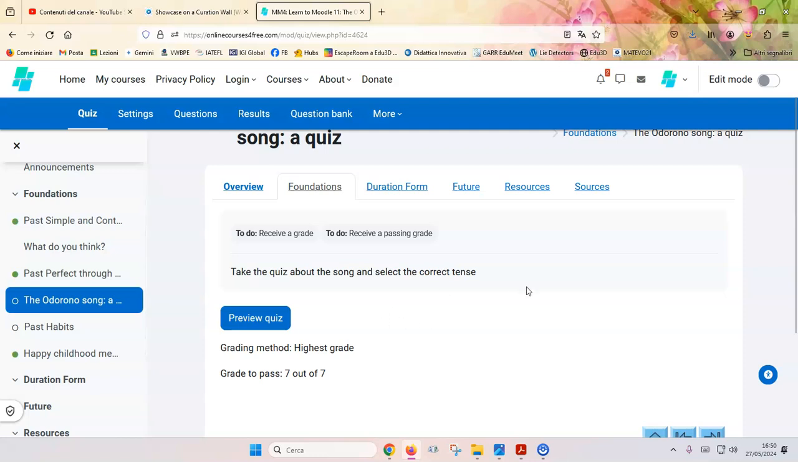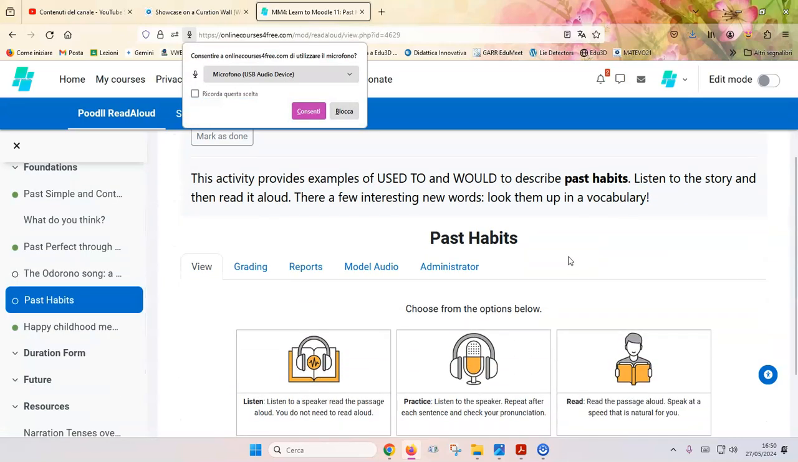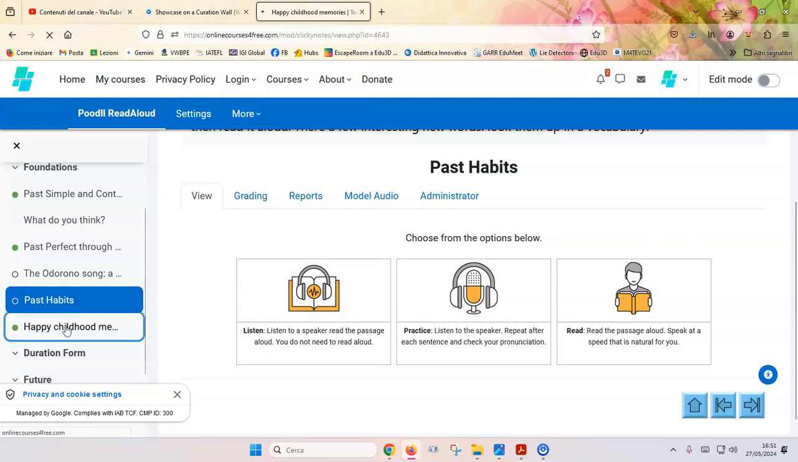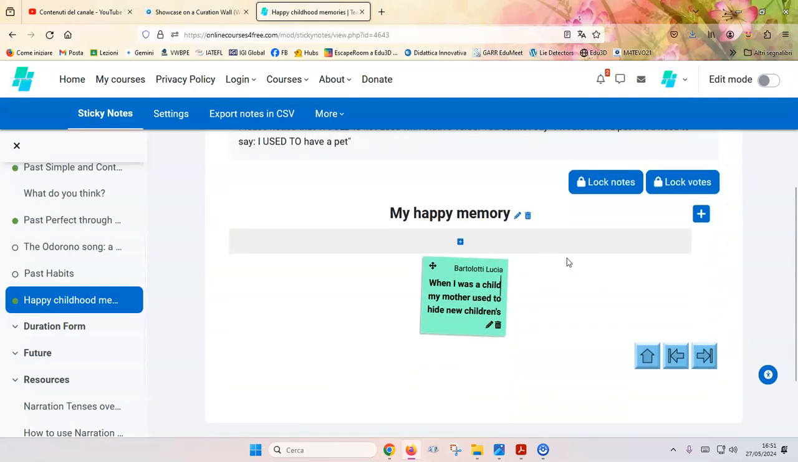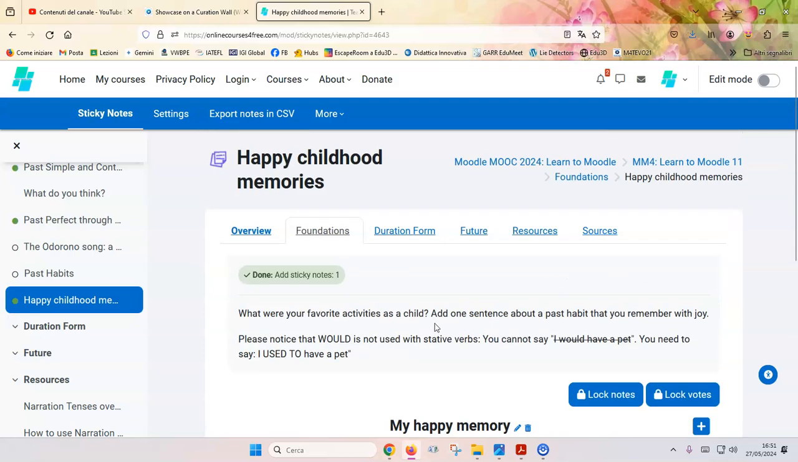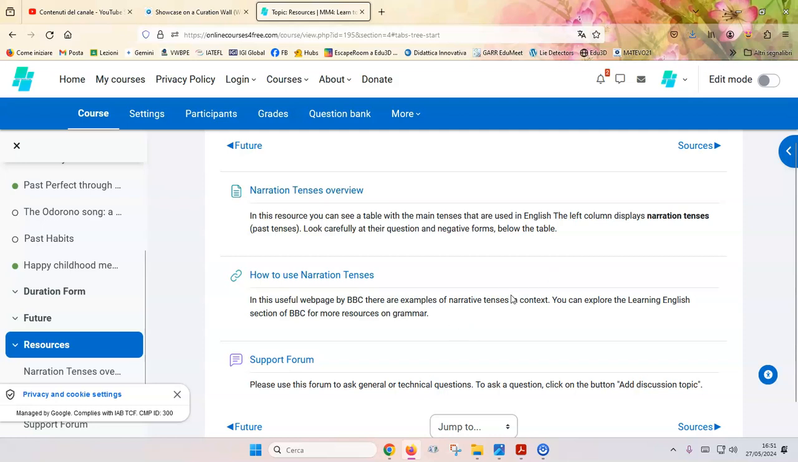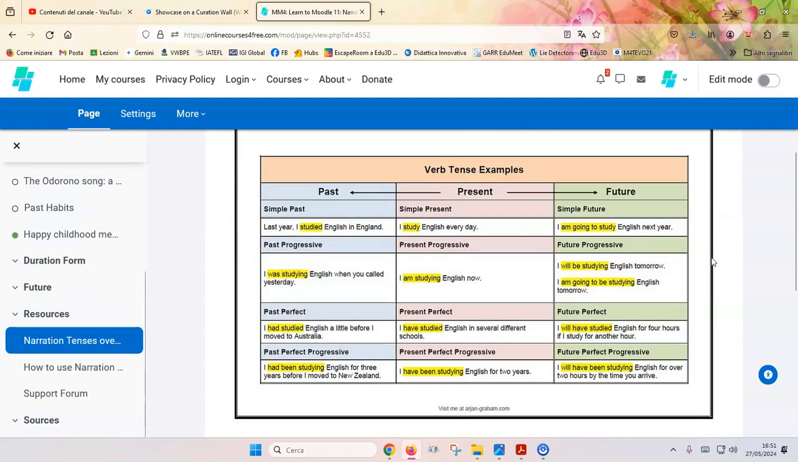A quiz about the song, and then we had the Padlet reading, which I love, the read aloud activity, which I love, and I decided to have sticky notes about past memories, and so on and on. So I really appreciated this part of the course. I was very proud of my activities and the support forum and the narration tenses overview with the images,